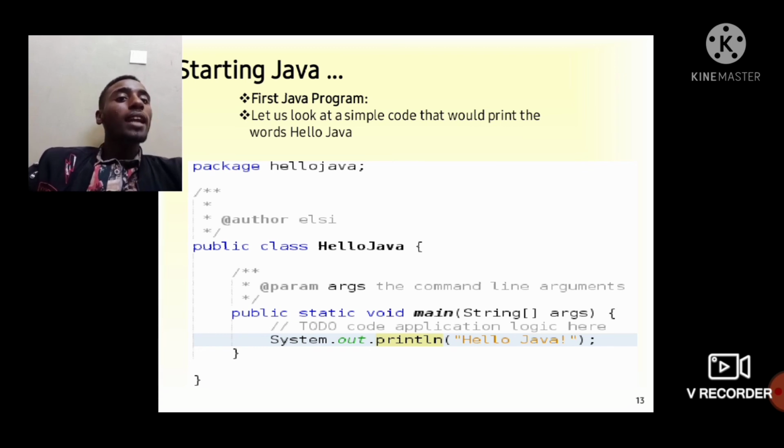System.out.println hello Java. This program has only an output. The thing that should be displayed on your computer screen is hello Java, because your command is System.out.println hello Java. By the way, when you are writing your Java program, you should write the Java program